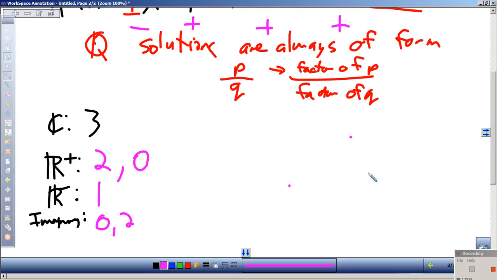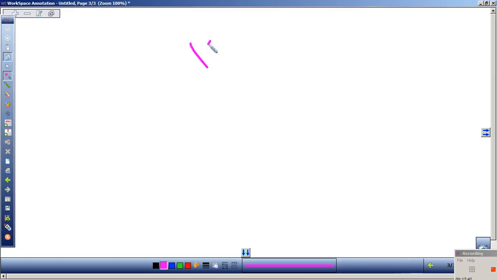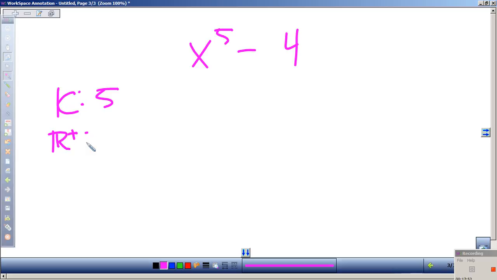Do you see any patterns to the imaginary answers? Okay, we had 0 and 2. What if I did this one, x to the 5th minus 4? How many complex solutions? 5. Positive real: 1. Negative real: